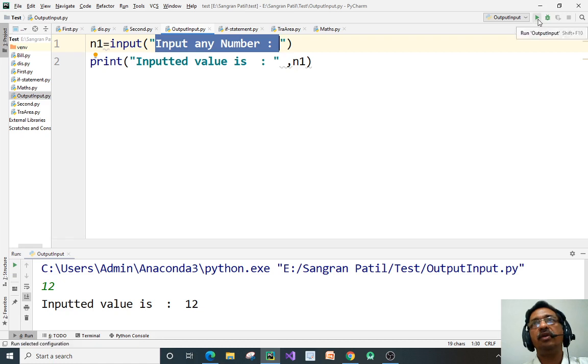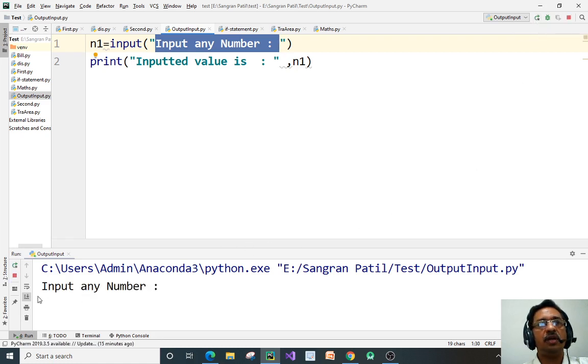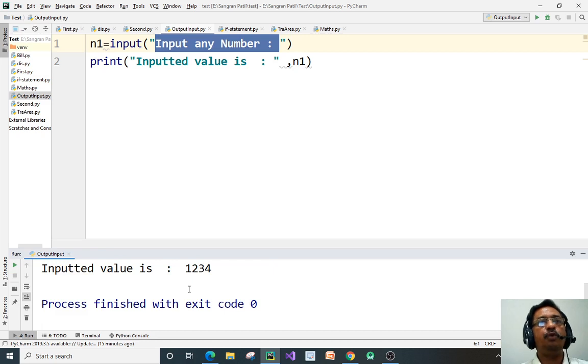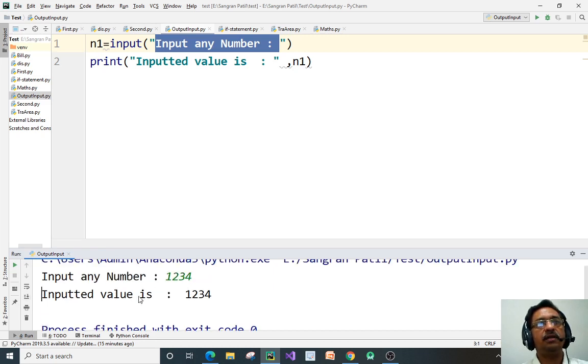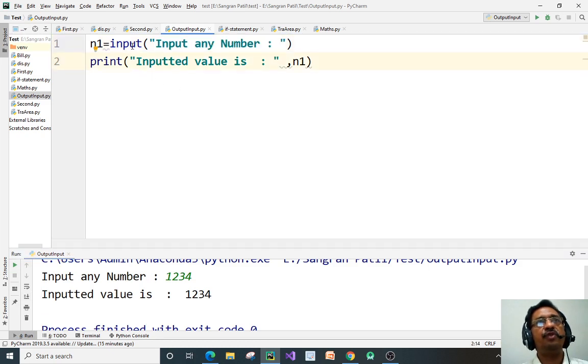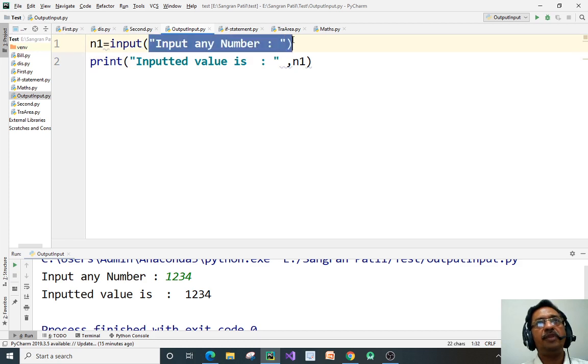Check here now. If I run this, it is giving me "input number". Now I have to input the number, and it gives you "inputted value is" 1 2 3 4. So input we can use in two different fashions: directly we can use input, and input with a message. That is what we are expecting.